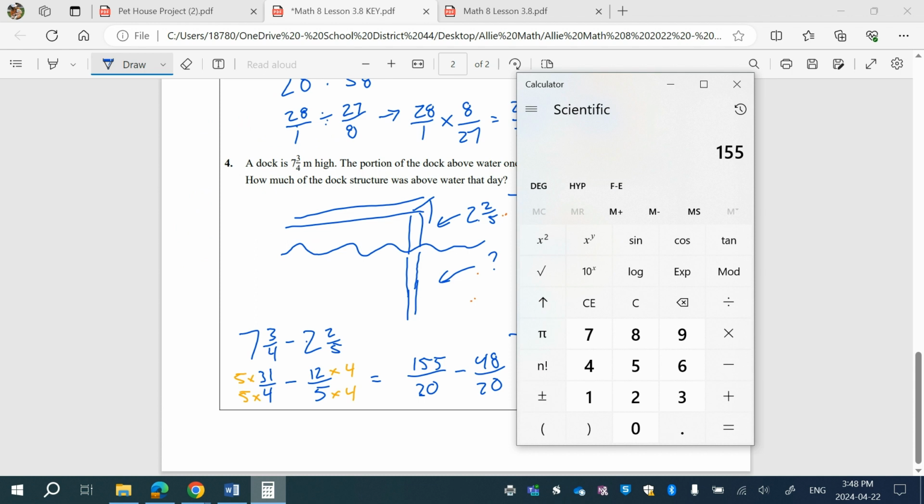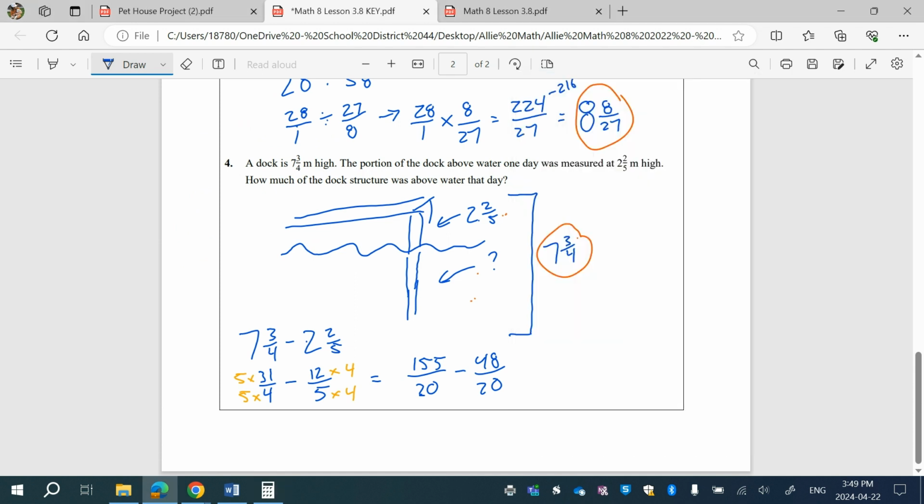Now I'm going to subtract just our tops, 155 subtract 48, and we get 107 over 20. Now we've got to convert this to a mixed number. 20 can go into 100 5 times, with 7/20 left over. So that's how many, and I should put meters. So that's what we're talking